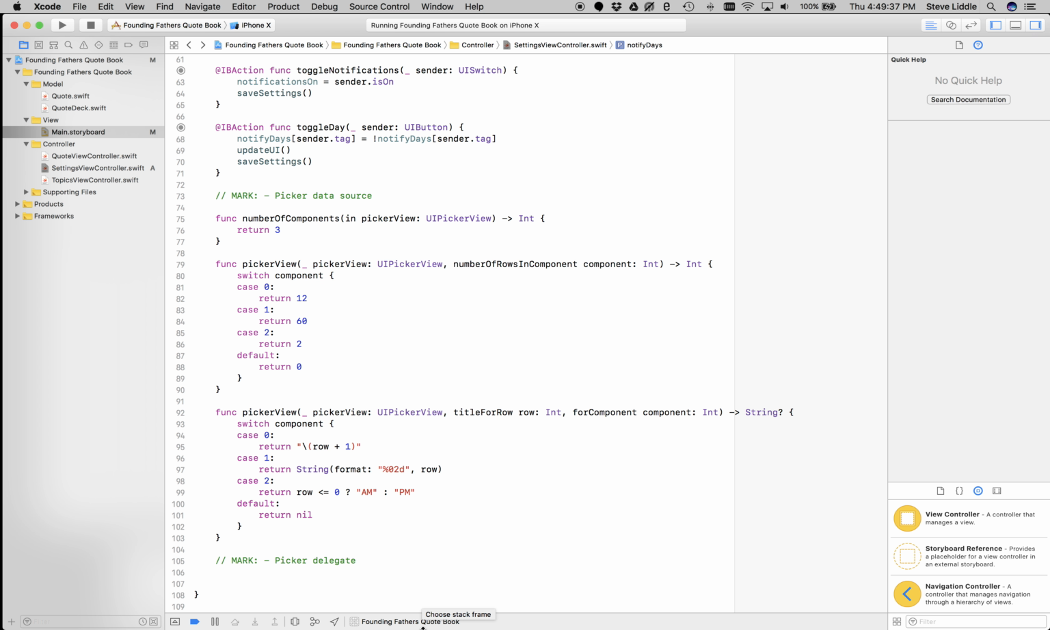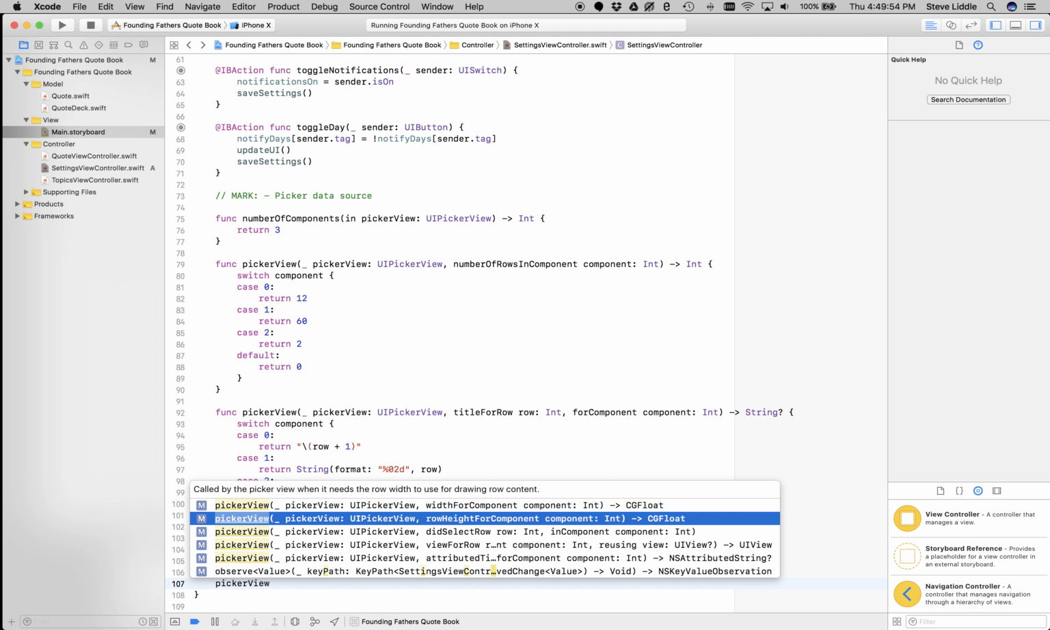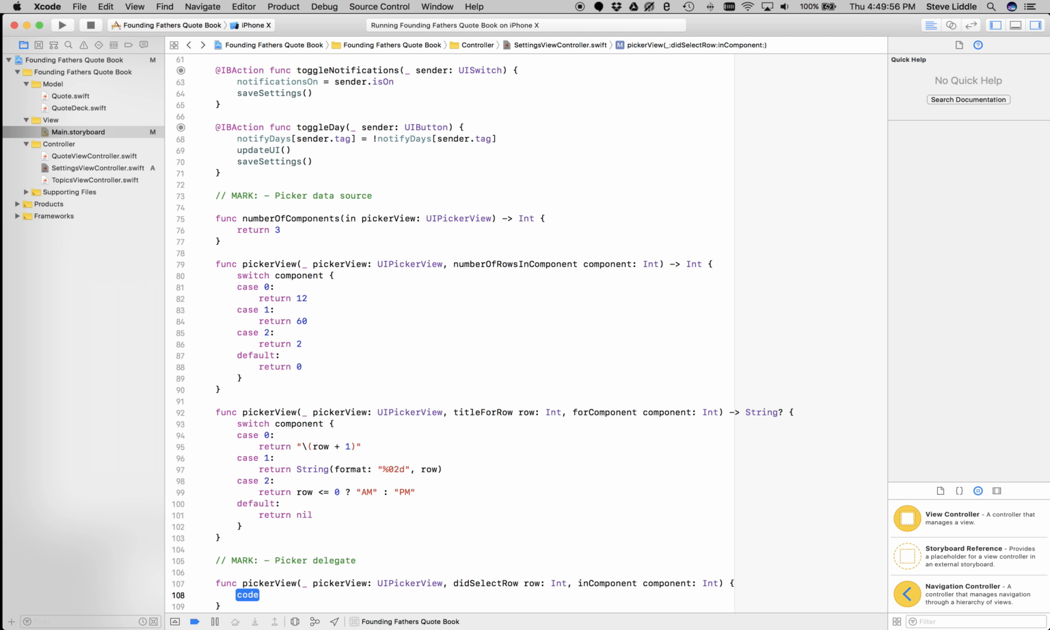And now we need to deal with the fact that the user can select things. So on the select, okay, so there's a did select row in component. That's the method that we want to get. So picker view did select row. That one right there. Did select row in component. Okay, so what do we want to do in this case? Well, we want to say,